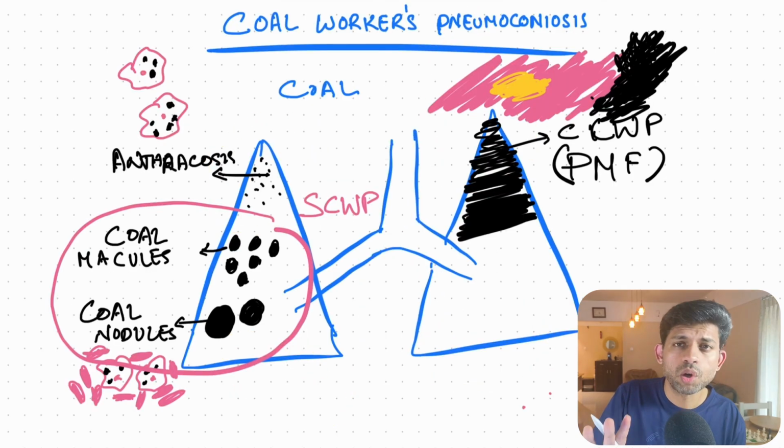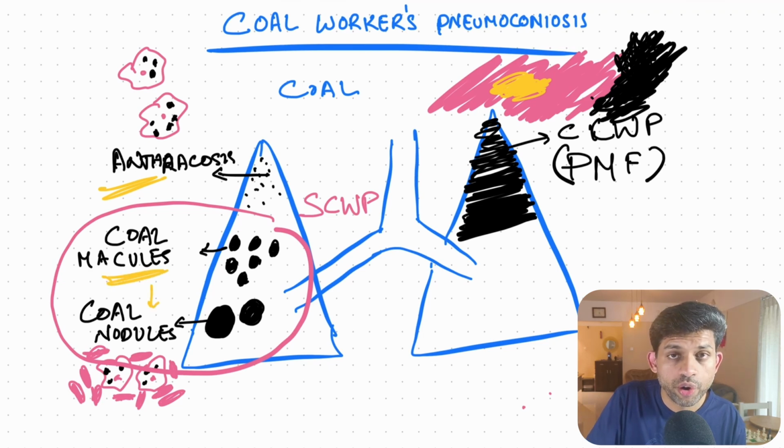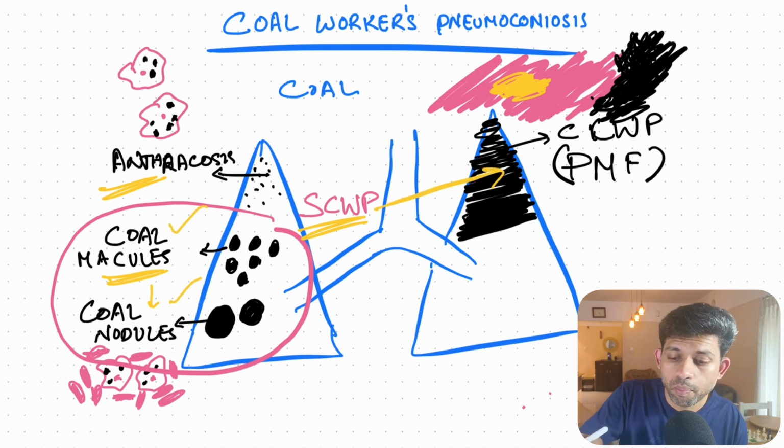To summarize, in coal workers pneumoconiosis, we saw that at the early stages we get anthracosis or simple black dots, then coal macules which progress to coal nodules where you start getting fibrosis. And after years of exposure, the simple coal workers pneumoconiosis, which includes coal macules and nodules, can progress to complicated